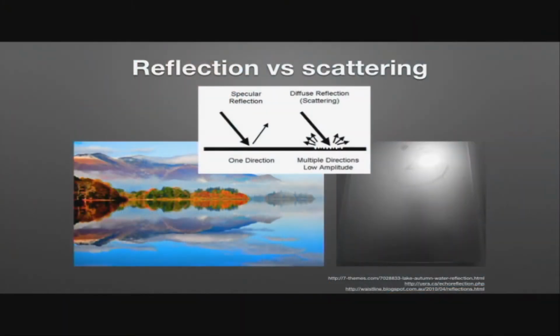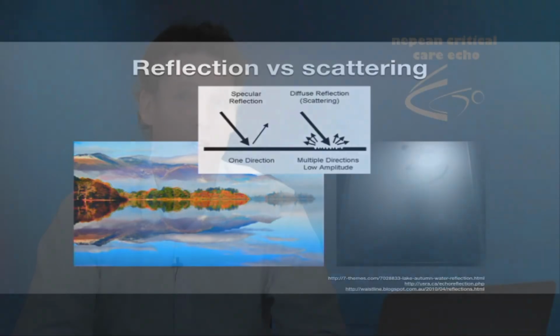In terms of how the sound wave interacts when it comes across this interface between two tissue types, it's important to think about the actual smoothness of the interface. If you have a completely straight, clean interface, you're going to get a large amount of reflection, which is known as specular reflection. If you have a bumpy or a rough surface, you're going to get some form of scattering